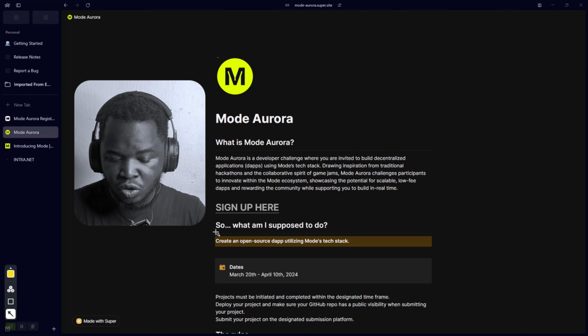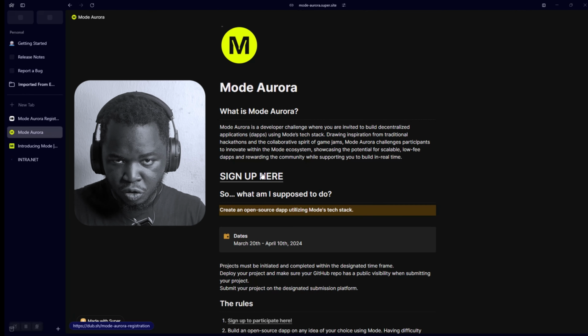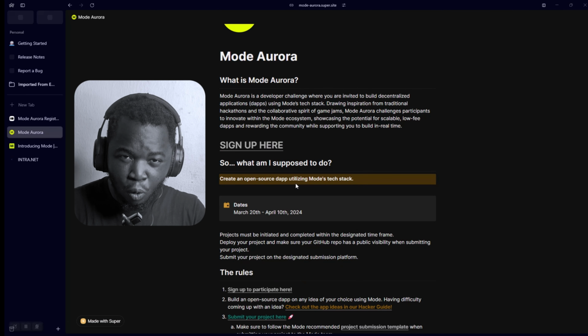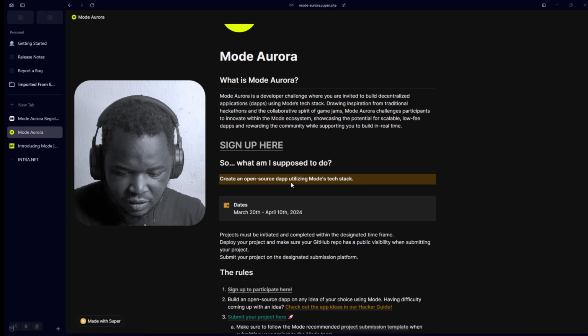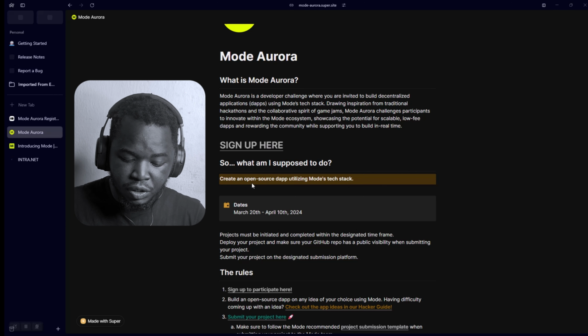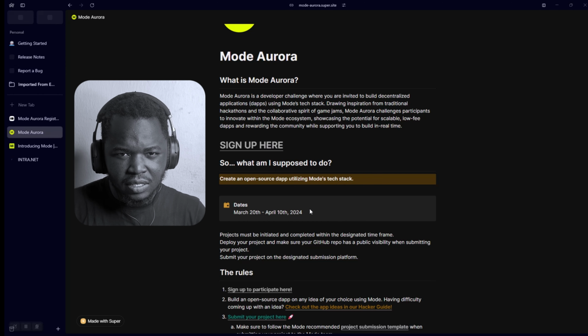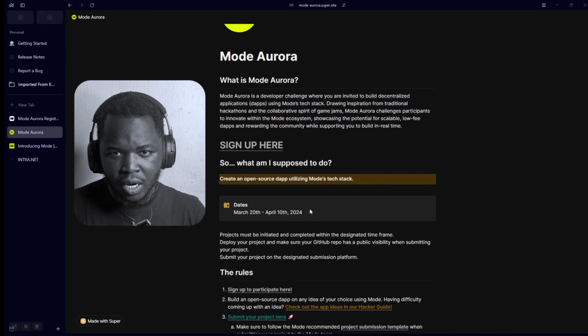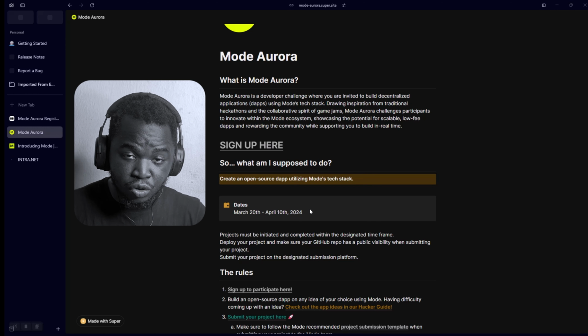So the place to submit is, you're going to sign up here, and you're going to get a submission form. A very simple one-liner about what you're supposed to do is create an open source app utilizing Mode's tech stack. That's it. That's what we need you to do, and it runs between March 20th and April 10th. Today is March 26th, so you have about two weeks left